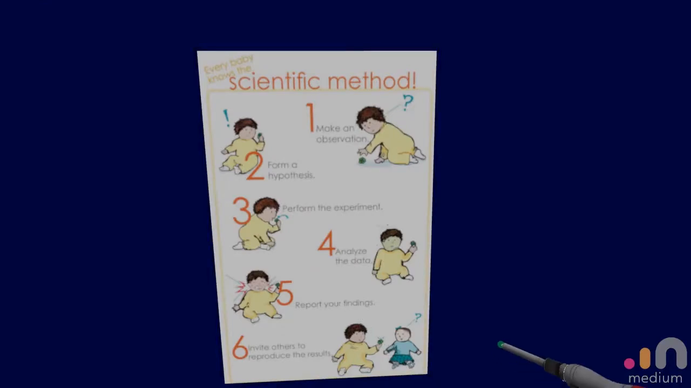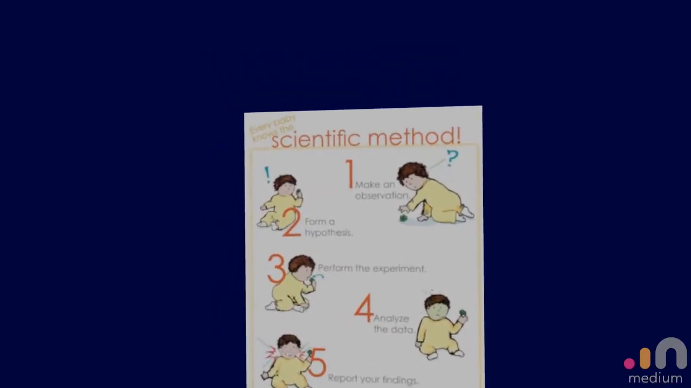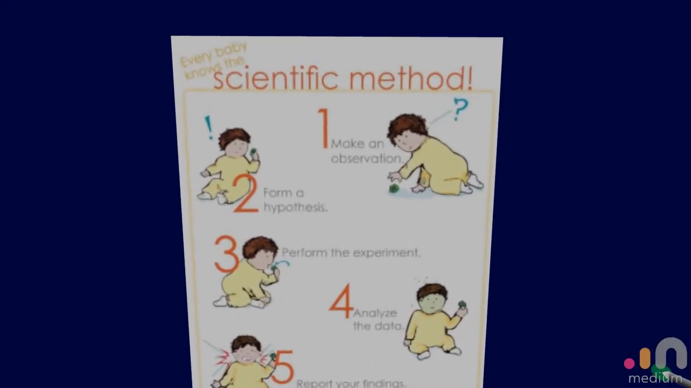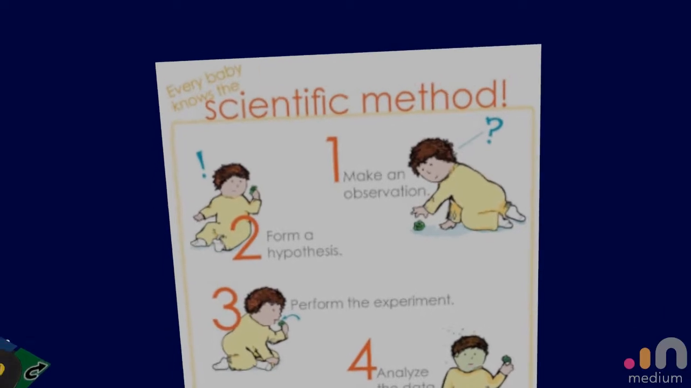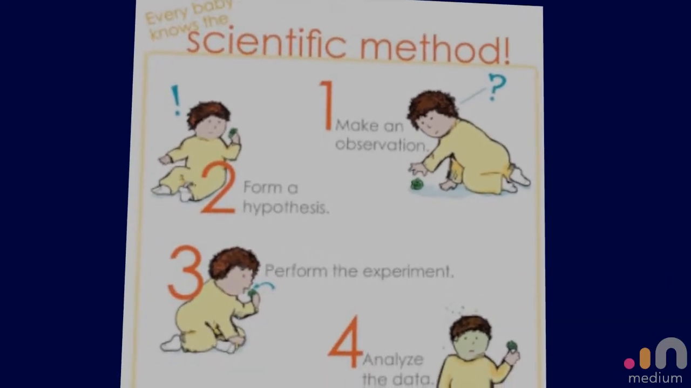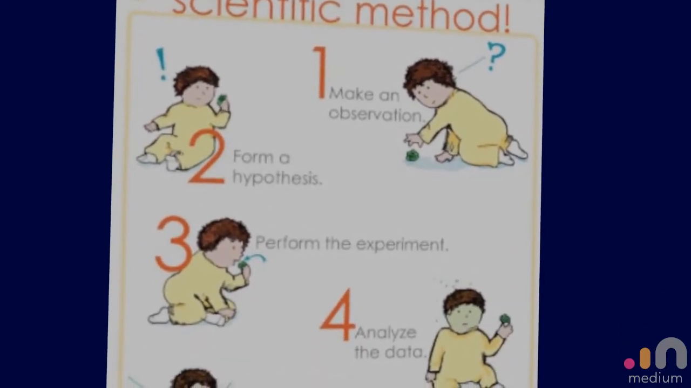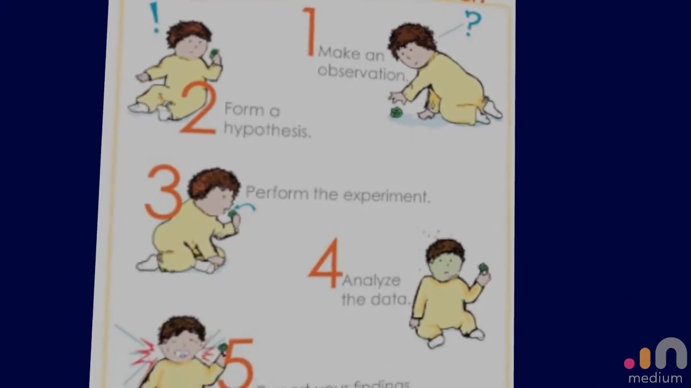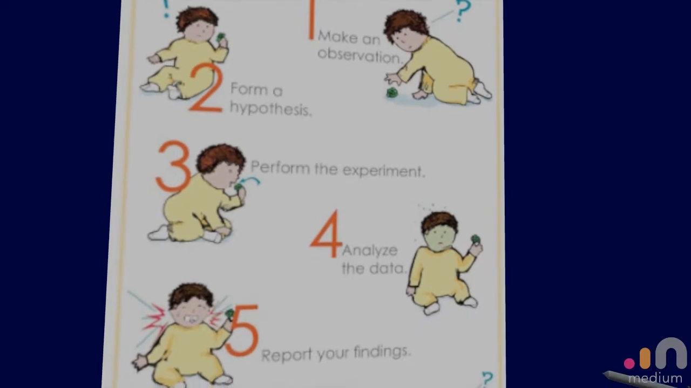Every baby knows the scientific method. The first thing they do is use their senses and say, oh, look, a little green ball. And then they form a hypothesis, which is a synonym for a theory. The baby says, I think it's food. That's my hypothesis. And so he performs a testable experiment and pops it into his mouth to see if